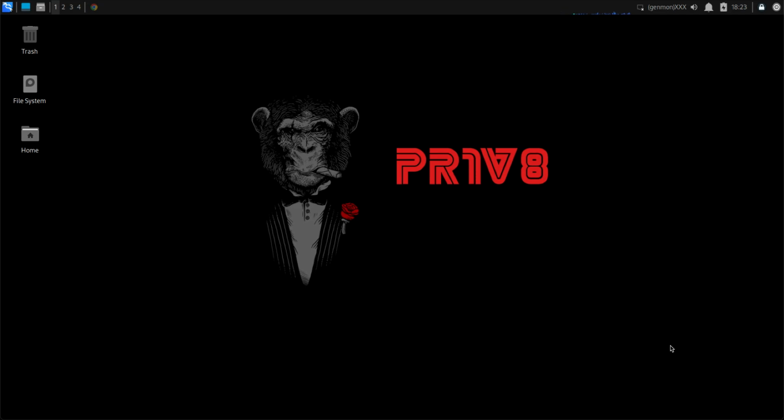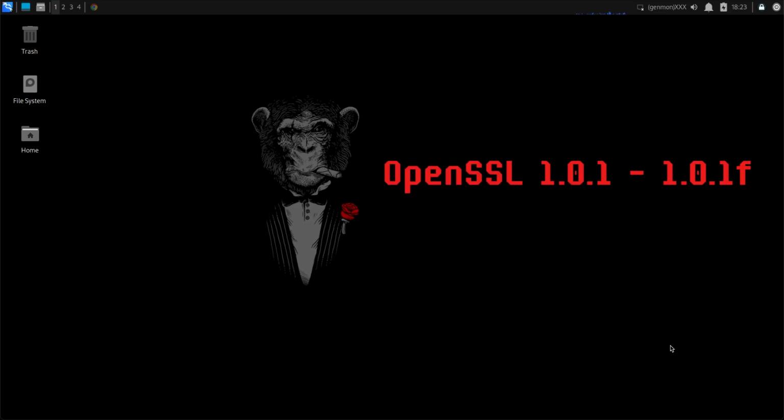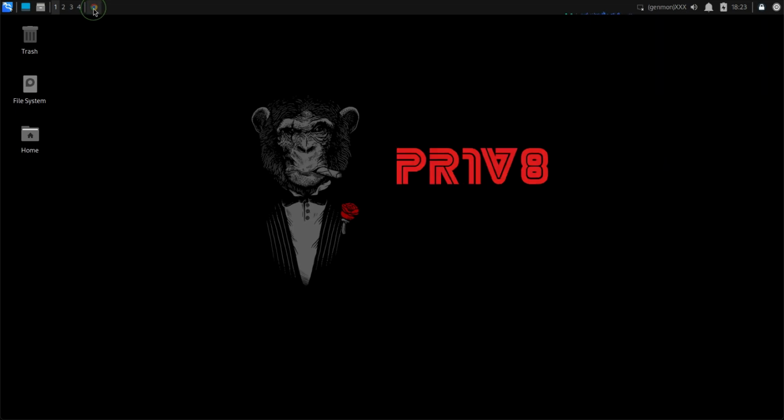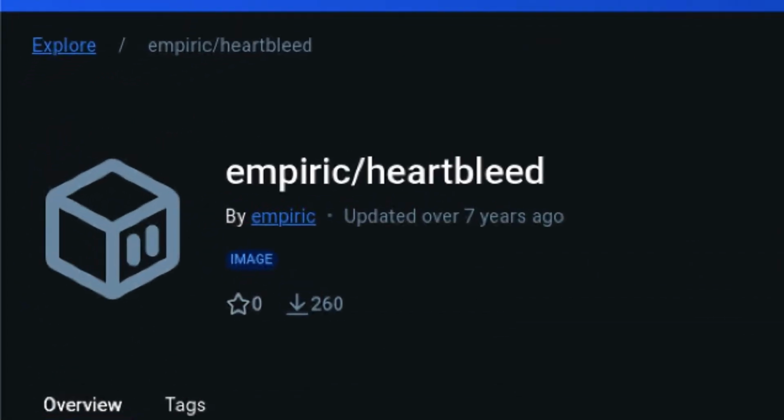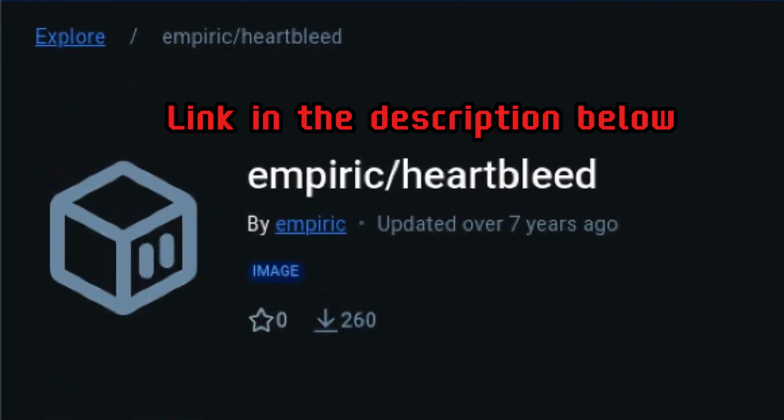Before we craft our exploit, we need to find a vulnerable application. Since we will be exploiting a very old version, setting this up from scratch will result in dependency issues because most apps no longer use this vulnerable version of OpenSSL. So to avoid headaches in setting up, we will use a Docker container. I found a nice image that we can use. That is empiric Heartbleed. I didn't really have a preference on what to use, so I just chose this image